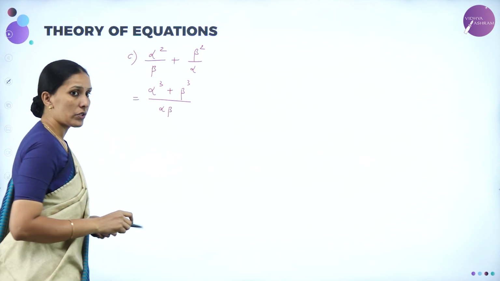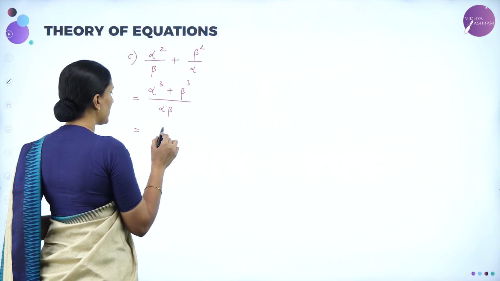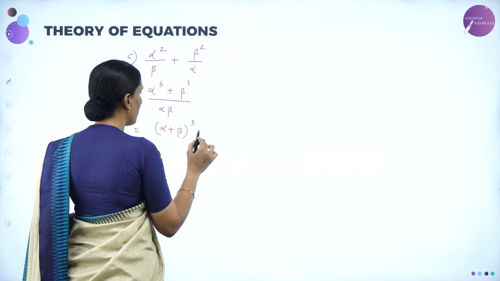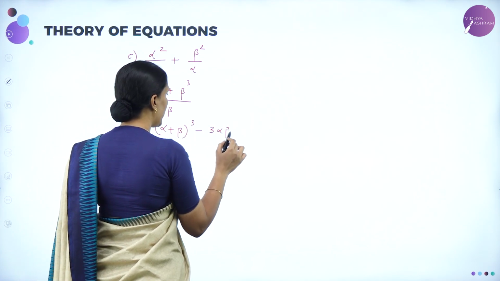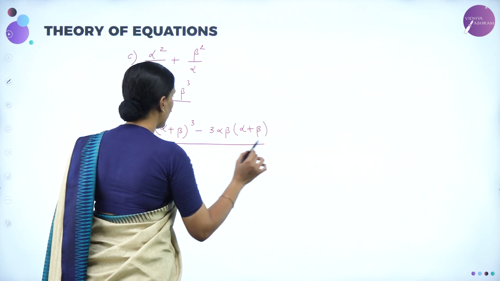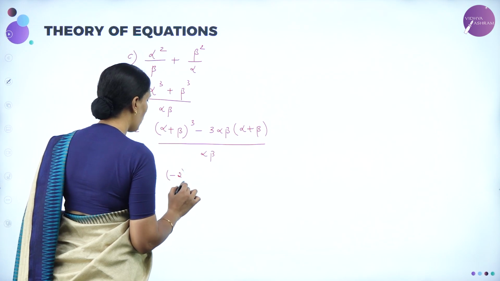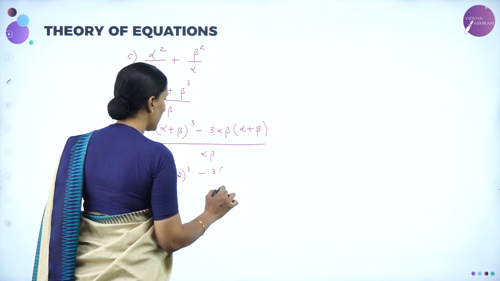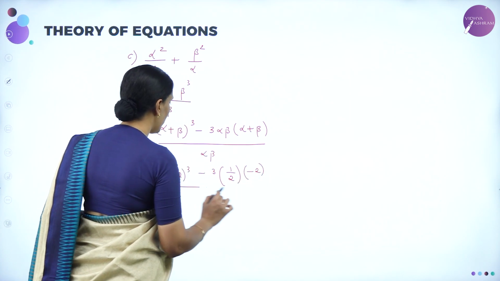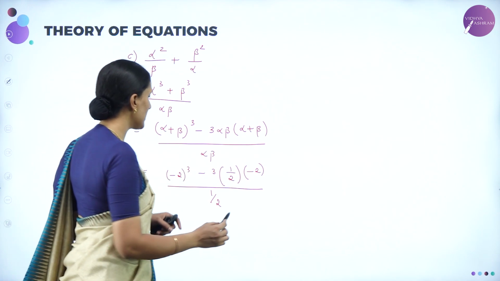Again using the identities of algebra, this can be written as alpha plus beta whole cube minus 3 alpha beta into alpha plus beta, whole divided by alpha beta. So here we'll get minus 2 whole cube minus 3 into 1 by 2 into minus 2, divided by 1 by 2. So this is minus 8